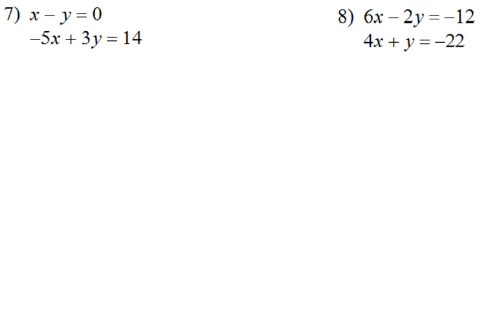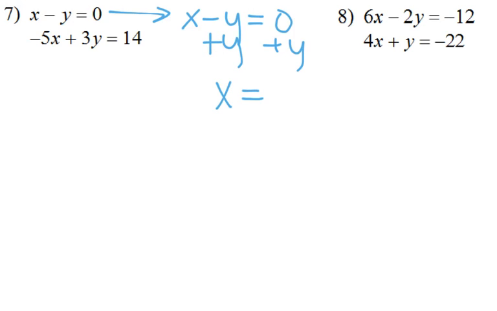Alright, now sometimes you have to do that first step, like in 7 and 8. So now I'm going to say, let's take this first, x minus y equals 0. Let's get x by itself. So I'm going to add y to both sides. So I've got x equals y. What does that tell me? It tells me that x and y are the same number. So I can take any one of these and say, let's replace that x with y,